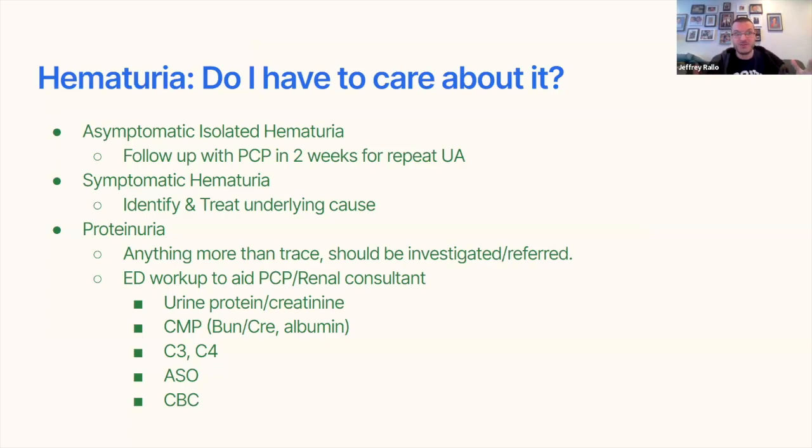If you have symptomatic hematuria, find the cause of the symptoms and treat it. Is it a stone? Is it a mass? Is there something causing severe belly pain that you can't figure out? You either figure it out, or if you can't, get your consultants and admit to pediatrics. That's what they're there for. But if you're having symptoms, you've got to fix the symptoms. If you're not having symptoms and it's only blood, it'll be fine. If you have protein in the urine, you have to care about it a little bit.